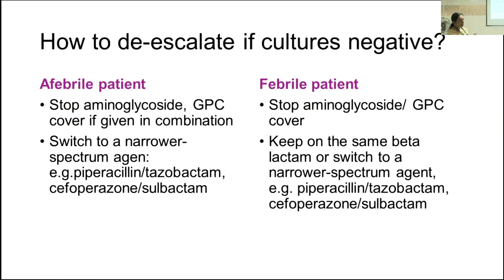So this patient luckily flagged, both our patients had blood culture positive, but if cultures are not positive and you have started a broad agent like say a polymyxin based regimen, or you have started a carbapenem, how do I de-escalate? In the guideline, whether they are afebrile or febrile, if they are stable, whatever additional you have added, like if you've added an amikacin, if you've added a gram-positive cover, please knock off those things and try and bring it as narrow as possible. So if you've been on a carbapenem, then try and reduce it to say a cefoperazone sulbactam or piperacillin tazobactam. So that is what is recommended.